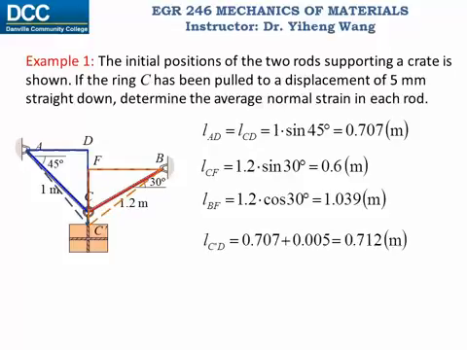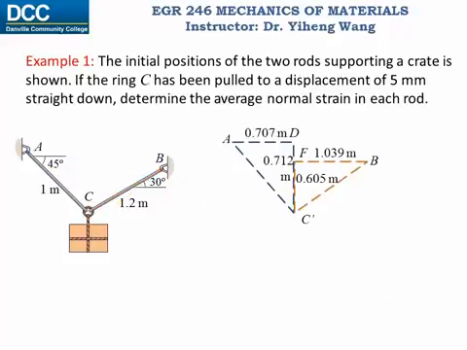Therefore, now we draw 2 new triangles, and we can simply calculate that the new length C prime D equals the length CD plus an extra 5 mm, which is 0.005 meter, and we get the new length C prime D. We can do the same to calculate the new length C prime F, which is the original length 0.6 meter plus an extra 5 mm. Therefore, we marked the new length we calculated onto these two new right triangles, and simply by applying the Pythagorean theorem,